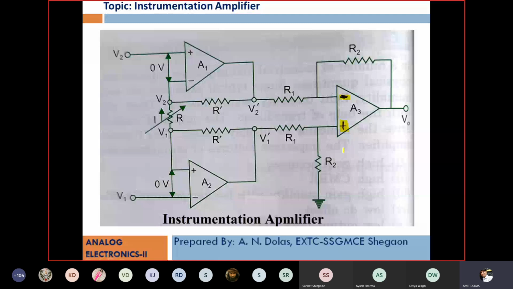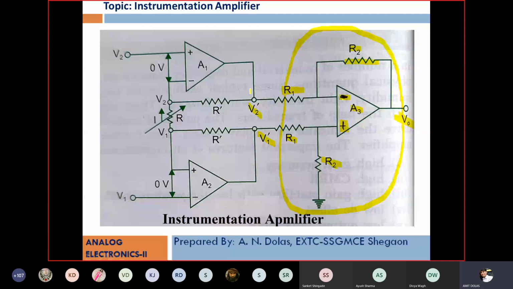So here you can see op amp A3 has R2, R1. Instead of R3, R4 we also have R2 and R1. As they are the same, the gain of this circuit, I will mark with a highlighter, will be R2 by R1. As I use this feedback resistance similar to this R2, and these input resistances are the same R1, R1, then R2 by R1 is the gain. And what will be the output? If you check for this, the output will be V0 is equal to R2 by R1 into (V1 dash minus